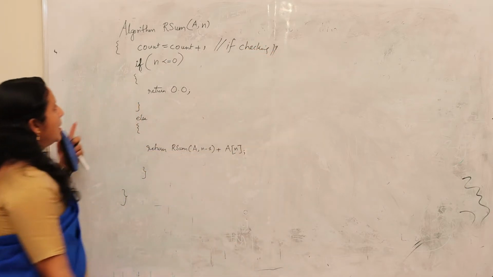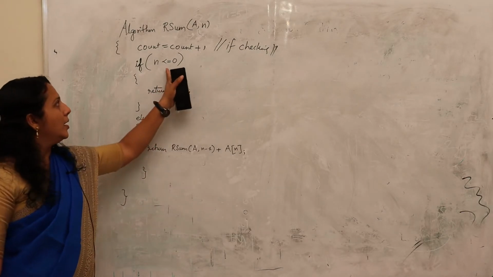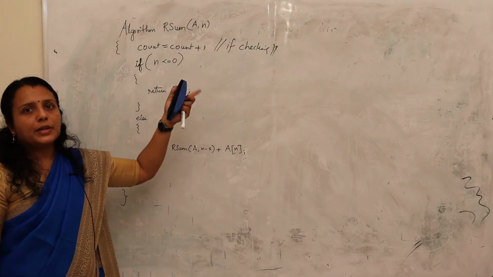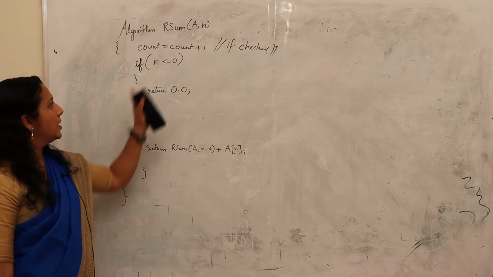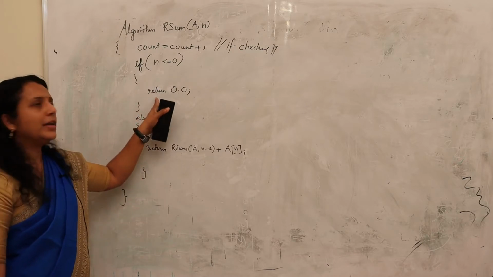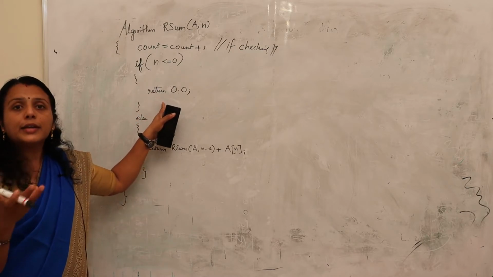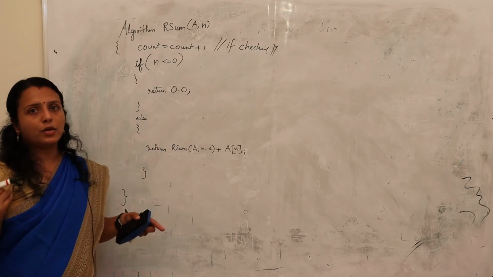If checking. And inside, suppose, now imagine your array does not contain any element. That means your n is less than or equal to 0. This condition is true. What happens? You will definitely enter into this if block. And what is happening inside the if block? You are returning 0 to the address from where this program has been invoked.